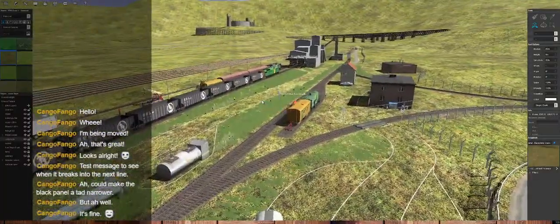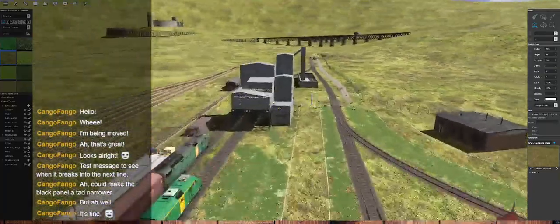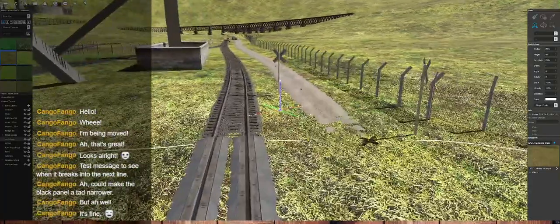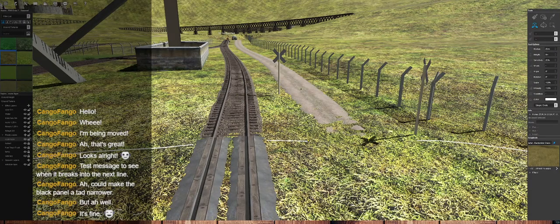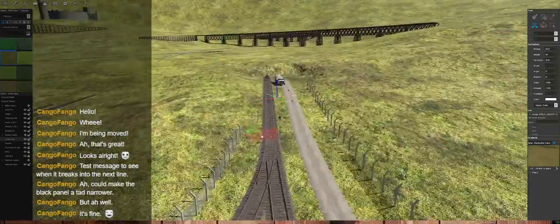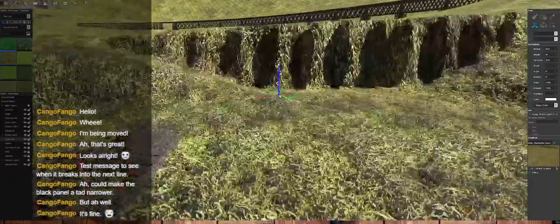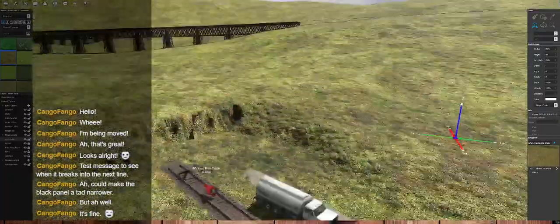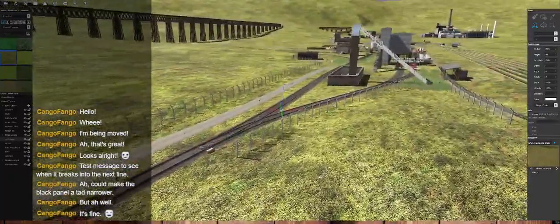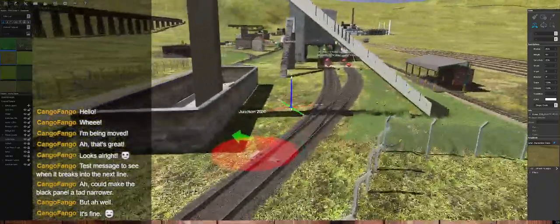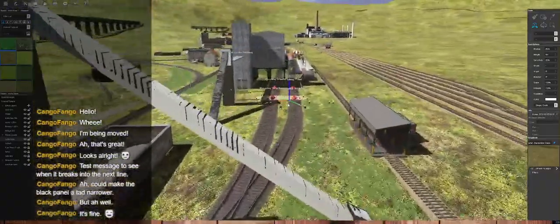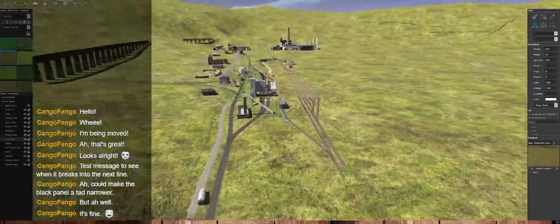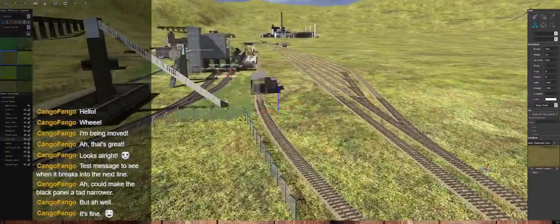Also, please let me know if the stream is lagging. I see that my preview window is lagging a bit behind, but I'm not sure if that's just my PC allocating the performance to actually running the game, or if it's due to the stream actually being laggy. Anyway, so